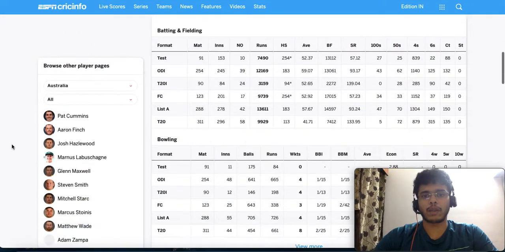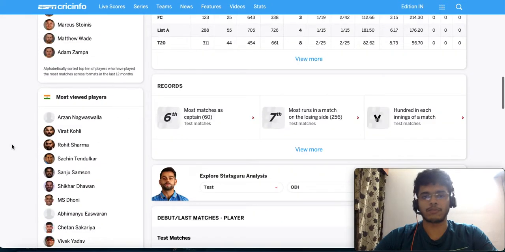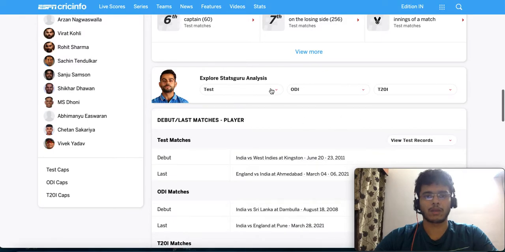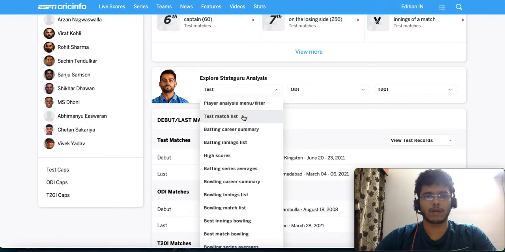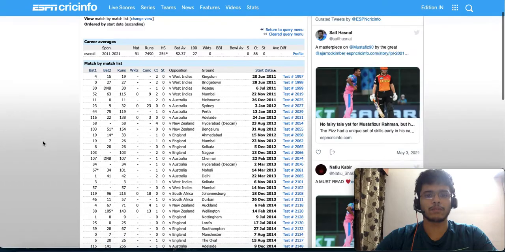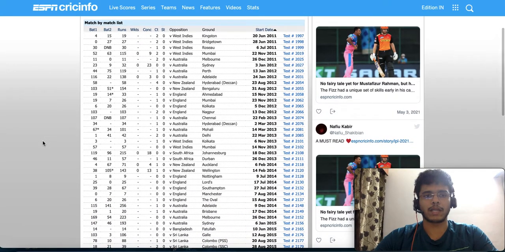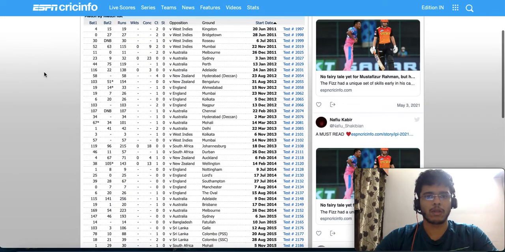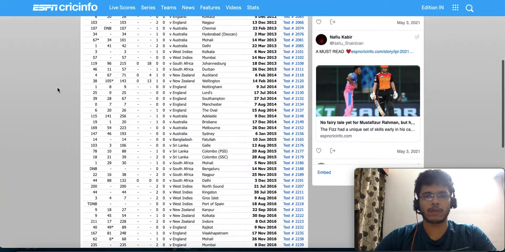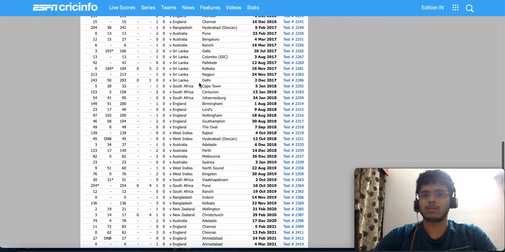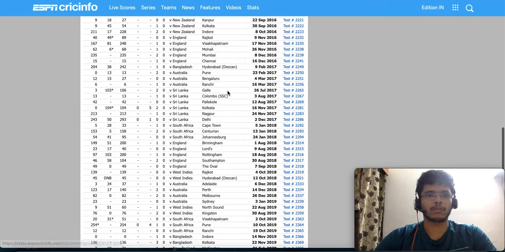And there's a very neat way by which you can get the list of dates on which Kohli has played test matches. So all you need to do is scroll down to the bottom here onto Stats Guru, and you click on the test match list page, and this opens up a new link as you can see. This gives you each of the dates under which Kohli has played each of his test matches. So there are 91 games in total, beginning all the way from 20th June 2011 all the way to the latest test which happened in March. So that's the whole set of data.